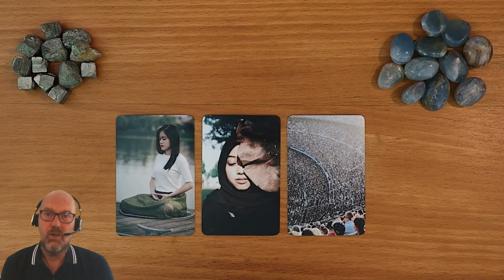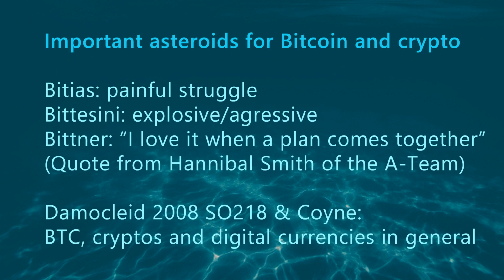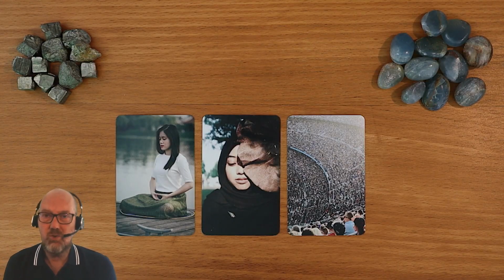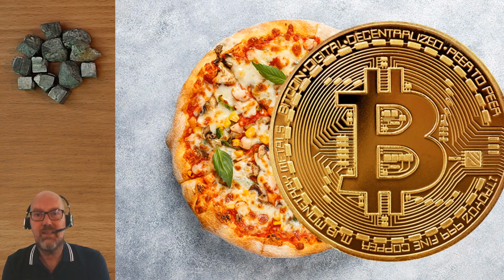And why will I do that? Because I'm telling you that there are three asteroids that are related to Bitcoin. Well, you might say, how do you know? Show me the money. Well, I can show you two things. I can show you charts for important moments, like for example Pizza Day, the day that someone first made a transaction with Bitcoin.